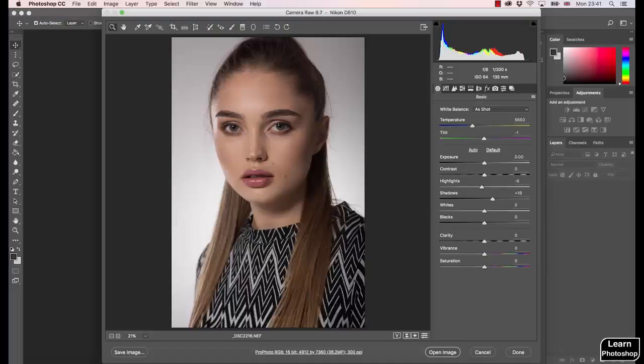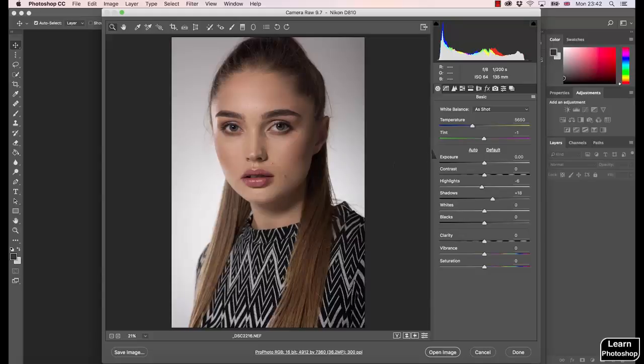It might happen that you will not be truly happy about the colors on the image. How to resolve that? For example, fix the saturation, work with the colors. I'm not going to do anything more over here in the basic. Of course, you might want to change the temperature or tint, but I rather like to keep the images natural. And the colors is something we work later in Photoshop, so I don't really manipulate. Maybe if someone wants, if customer or you want the image to have warmer or colder, you can work slightly